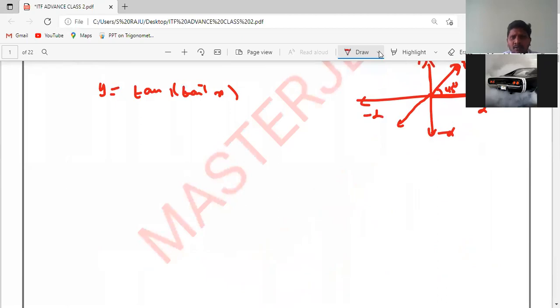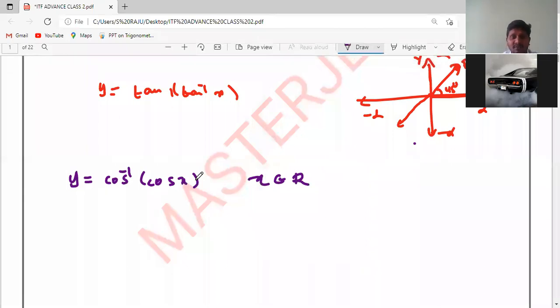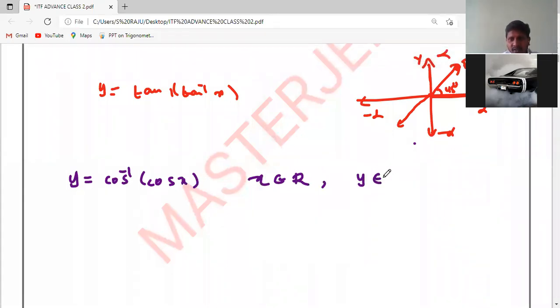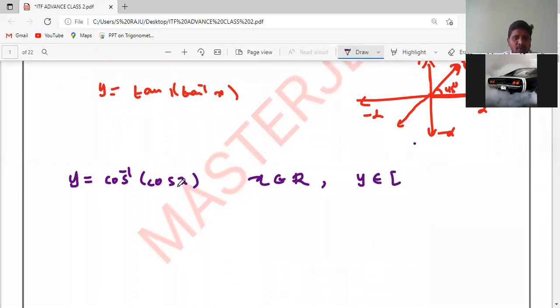Compared to non-periodic functions, periodic functions are very important. So here, the previous year question belongs to cos inverse of cos x. If I take y is equal to cos inverse of cos x, this is a periodic function. Let us see whether it is a periodic function or not. What is the domain? Domain will be real numbers. Cos x, x can take minus infinity to plus infinity, but whereas y belongs to what? Input is clearly real numbers, but output will be -1 to +1 alone.